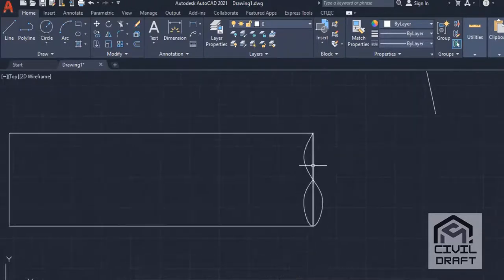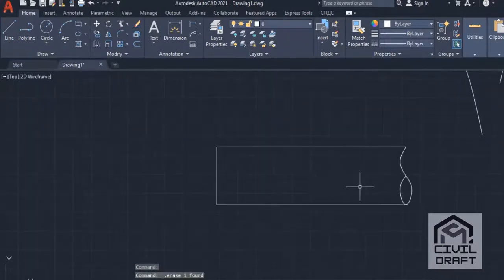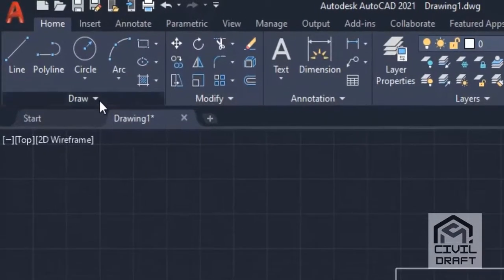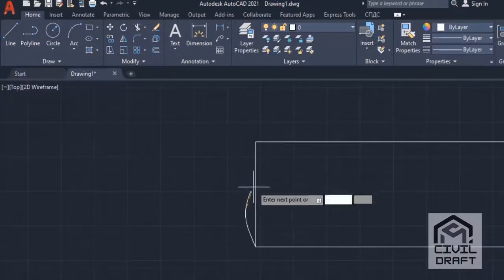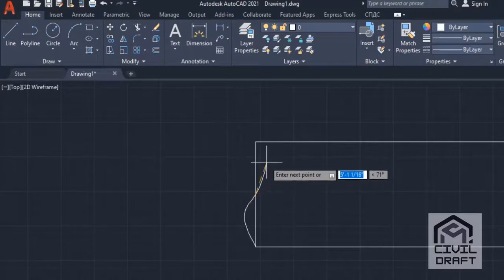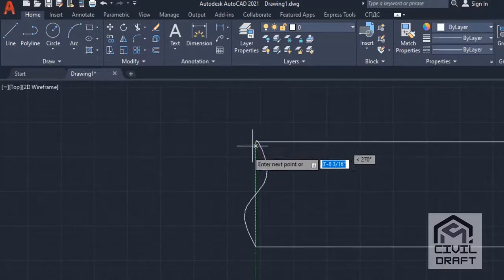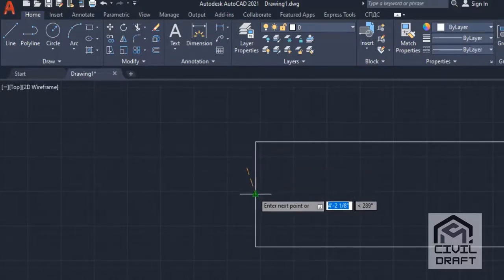Okay, delete this line, delete. Okay, we'll draw on this side also. For this I'll go to spline fit from here and go to here, give the center, here, click here, enter.